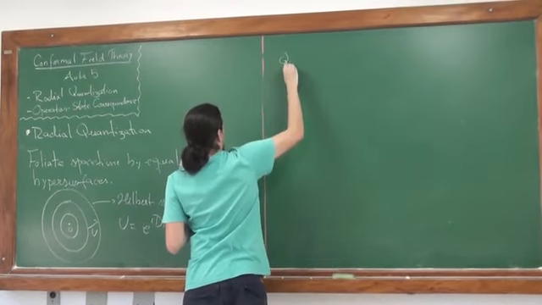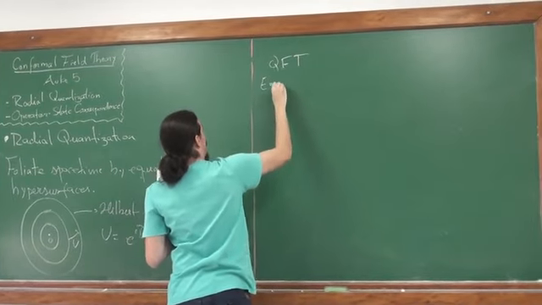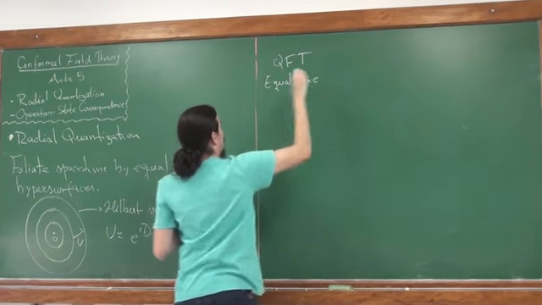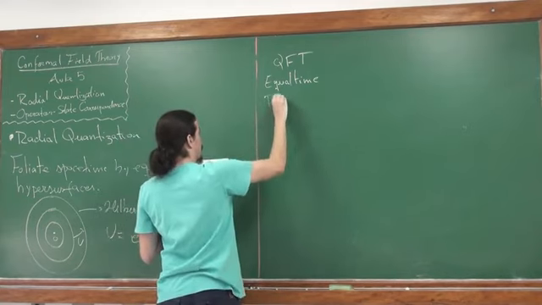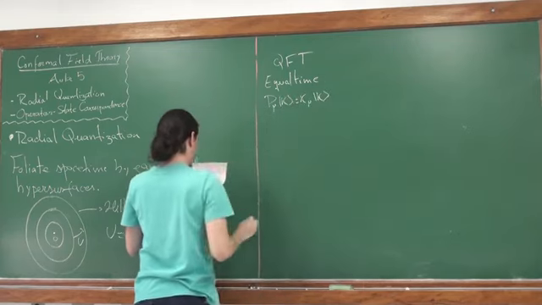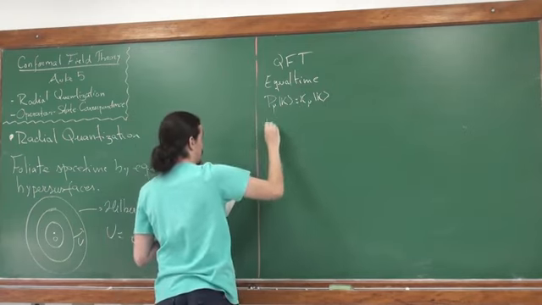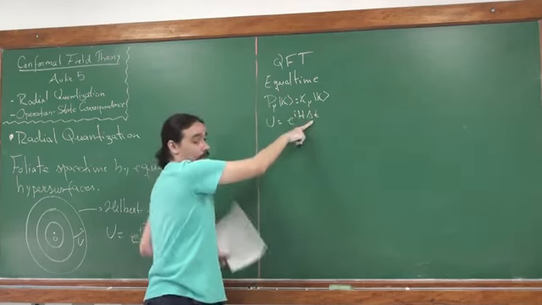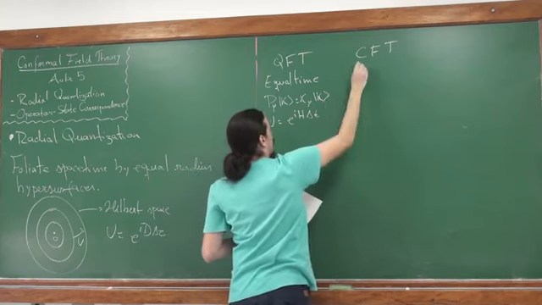For a standard quantum field, we have equal time foliation of space-time. We have momentum eigenstates and different Hilbert spaces, and each of these equal time slices are connected by essentially the Hamiltonian operator that generates time translations. For a CFT, on the other hand, we foliate by equal radii